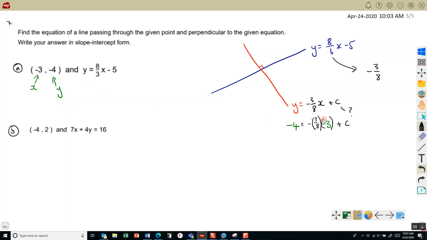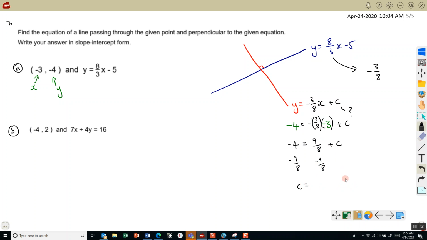Negative 4 is y, negative 3 is x, and now we can figure this out. Negative 3/8 times negative 3, that's going to give me 9 over 8, if you do it on a calculator, and then you can change it to a decimal if you want. And then to find out c, subtract 9 over 8 from both sides, and I get c is equal to,